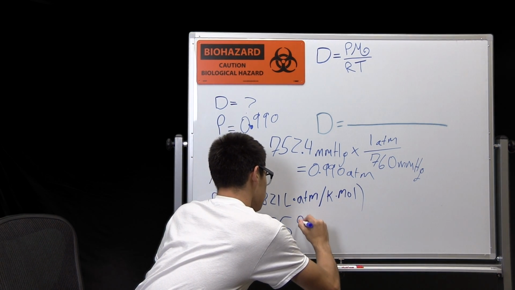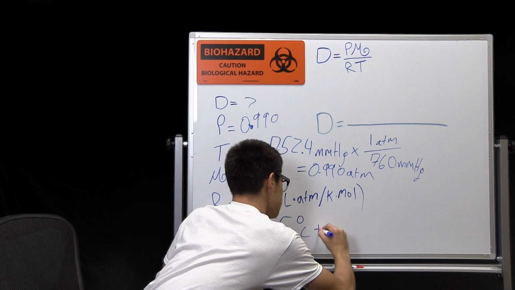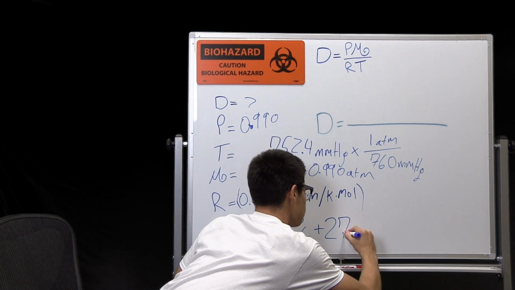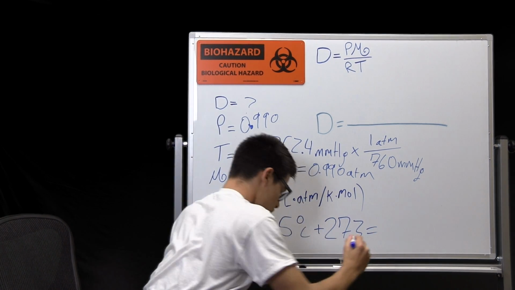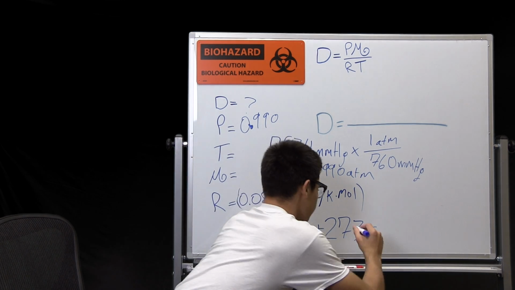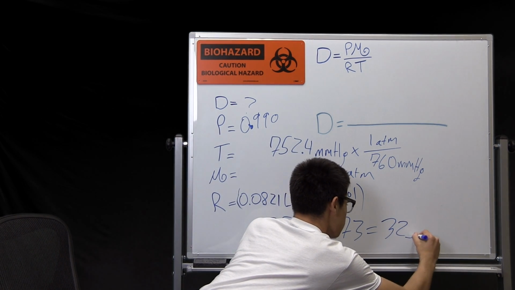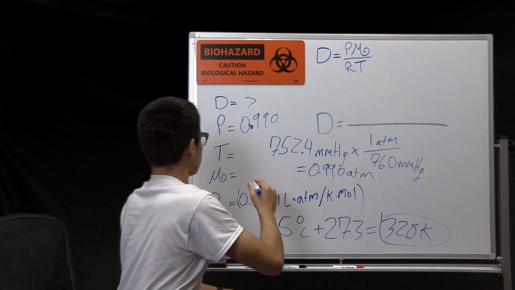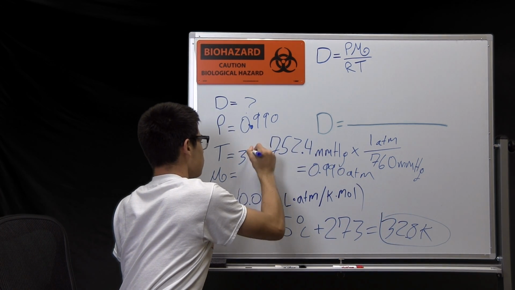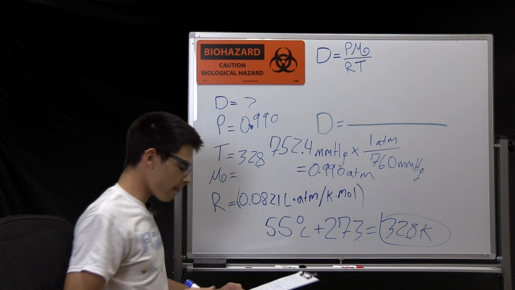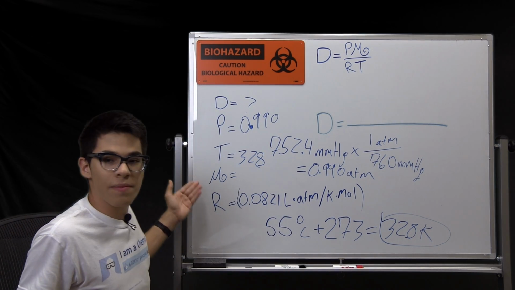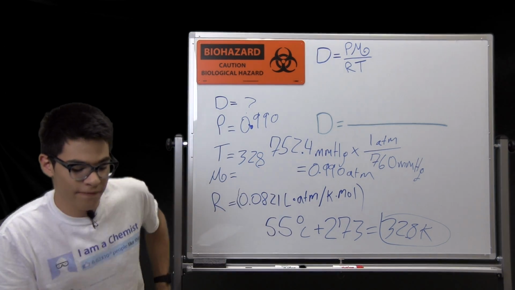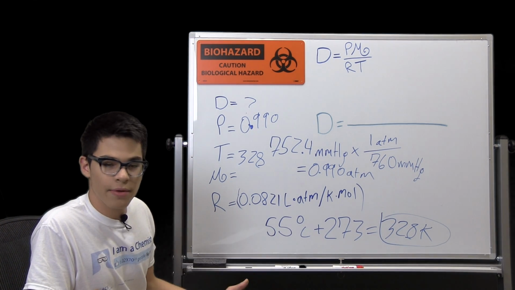So it's a very easy conversion. 55 degrees centigrade, 55 plus 273 equals 328 Kelvin. We don't say degrees Kelvin, we just say Kelvin. So temperature is 328. Now, lastly, we must find the molar mass, which can be found simply by adding the atomic weight of